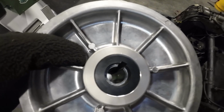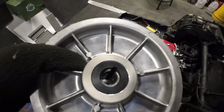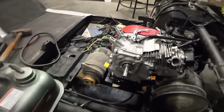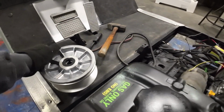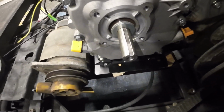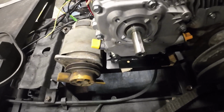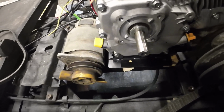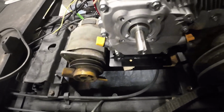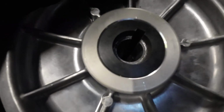I made a bushing for the inside of there, and what I did was I just machined that bushing out for that 1/4 inch keyway. And this is where it gets a little bit tricky, not too bad. That keyway's 1/4 inch on there. The keyway on this smaller Predator is 3/16. So I have key stock coming in today at some point, and I'm going to machine up a new key that goes from the 1/4 inch down to that 3/16,